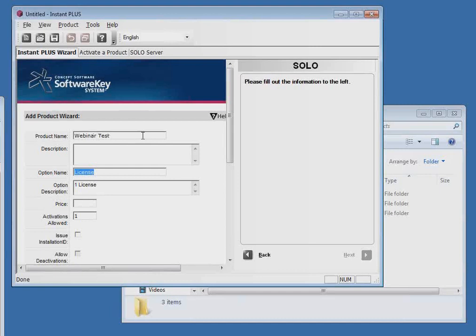The default product name of license is good to get started with. Other choices could be 30-day license, 90-day license, 1-year license, etc. The product description and option description are displayed in the shopping cart's product catalog if you use it. The price is also used in the shopping cart if you want to use it. If you don't want to use the shopping cart, we recommend just put in some number greater than